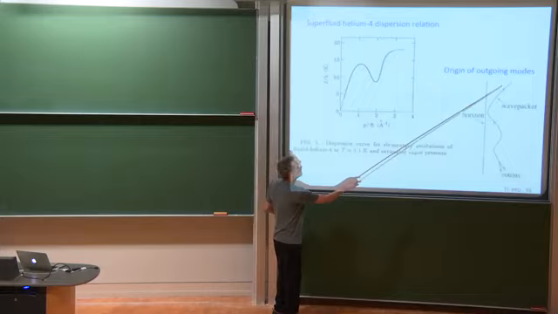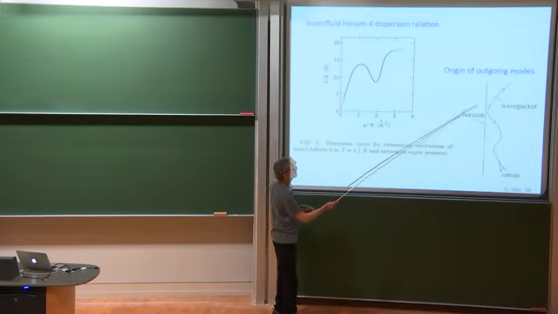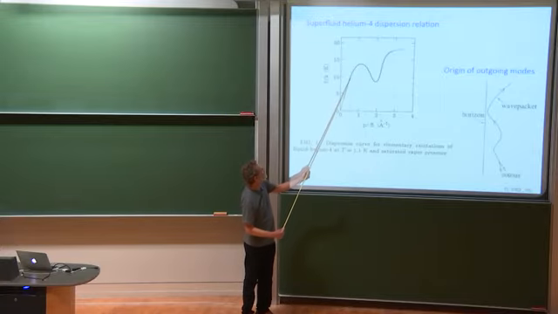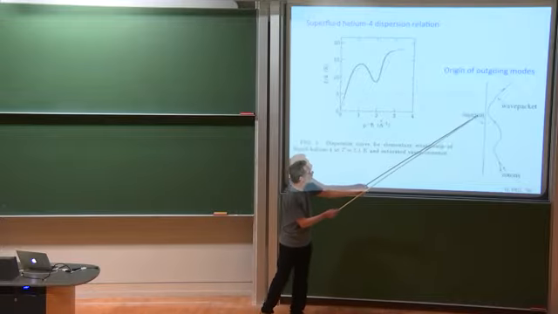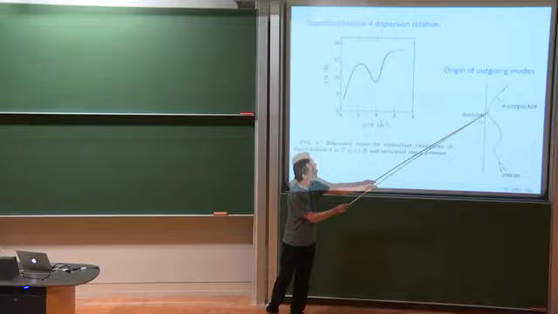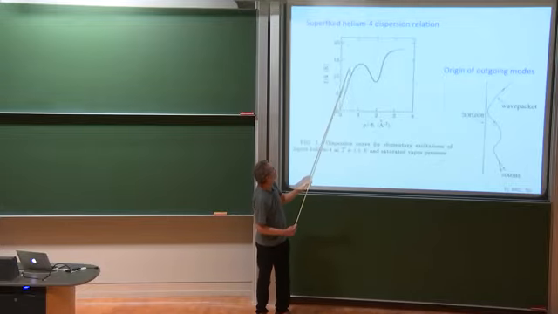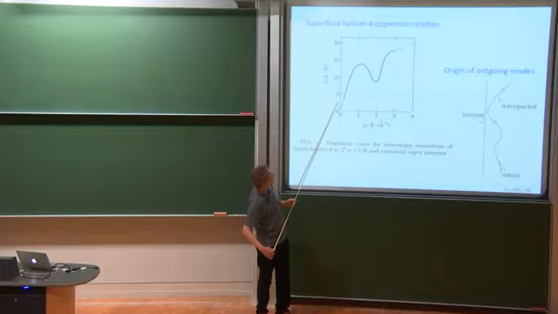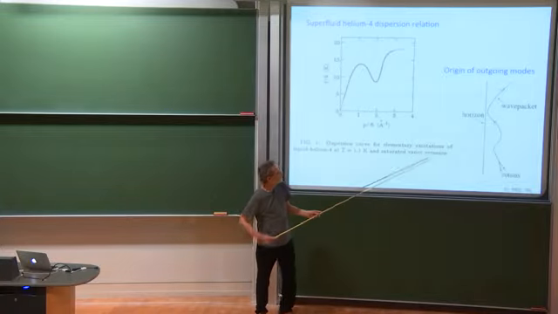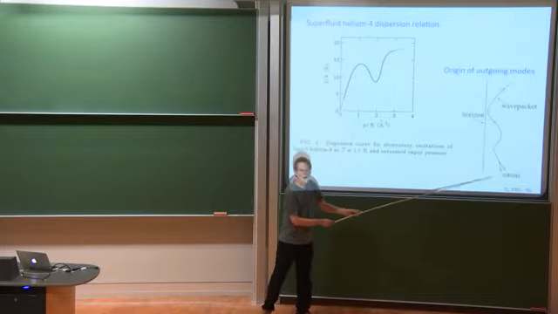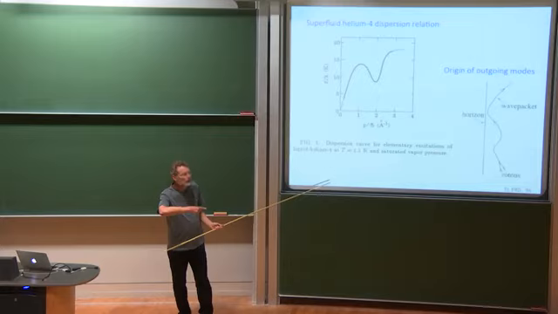And basically, the conclusion is it would be something like this. An outgoing mode traced back to the horizon would be blue shifting. That means on this curve, it would be running up here until eventually it reaches the point where its group velocity has dropped to be equal and opposite to the flow velocity. At that point, it can't get any closer backwards in time than that point to the horizon. And instead, it actually turns around at a turning point and goes further out. It depends on the exact value of the frequency, but it goes over this hump and turns around. But because this has a couple of wiggles, in fact, you find that the precursor of the Hawking mode does this dancing outside the horizon.